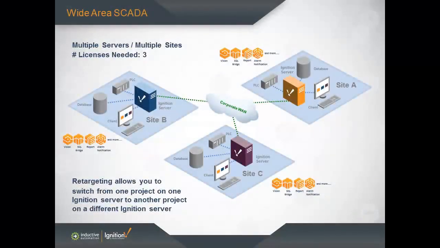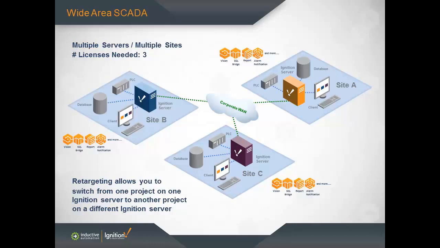As you saw from the previous lesson, a single Ignition server can handle multiple sites at the same time. But there's a drawback to that approach, in that if that central location loses communication to a remote location, you're going to lose data, as well as that location will be blind. If you want all of your sites to be independent, to work regardless of whether or not that corporate WAN is up,